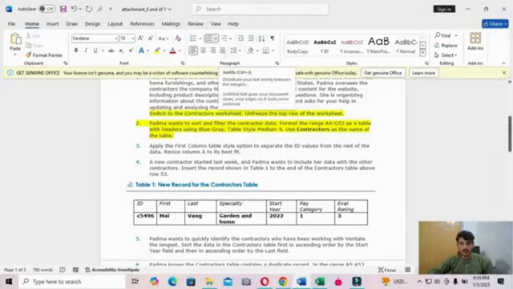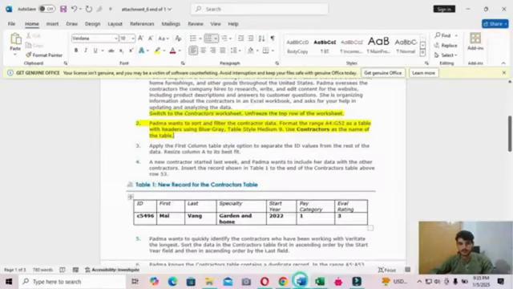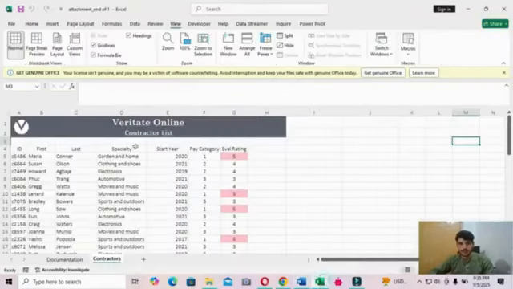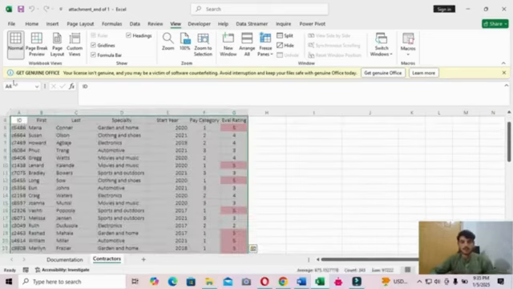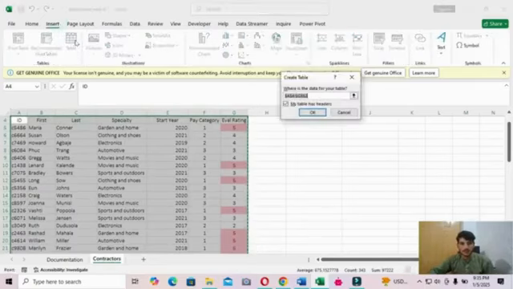Okay, go back to the Excel sheet and select the range A4 up to G52, and then go to the Insert tab, click Table, and then click OK.